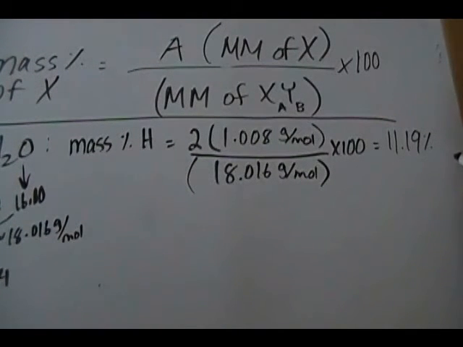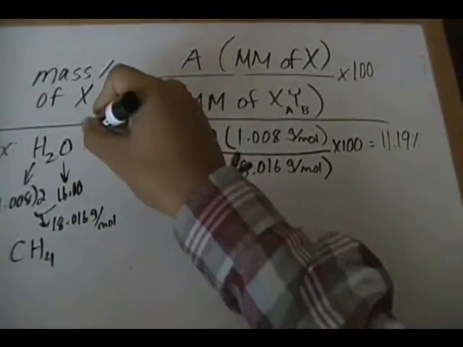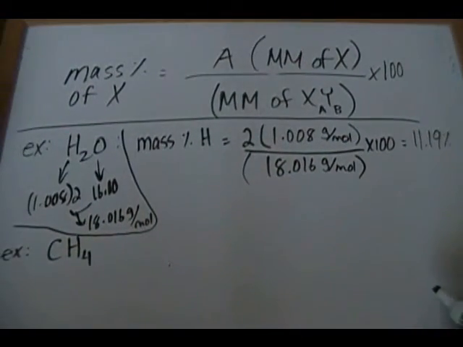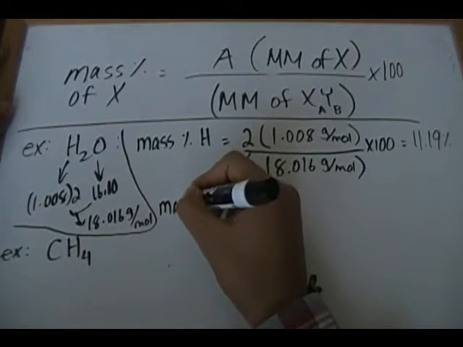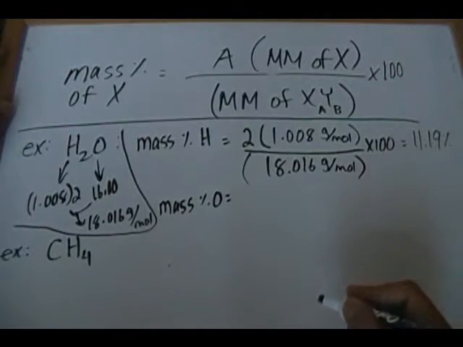11.19%. And I'll talk about what this means, okay? Just zoom out a tad bit. Put that there so we could separate that. Now we're going to apply the same thing for oxygen. Again, this is a very simple calculation. Mass percent of oxygen is going to be equal to,